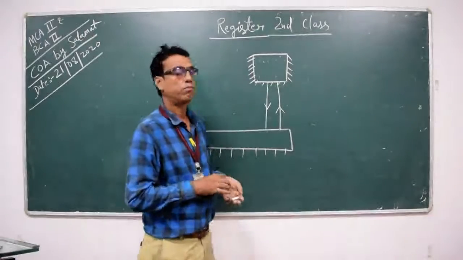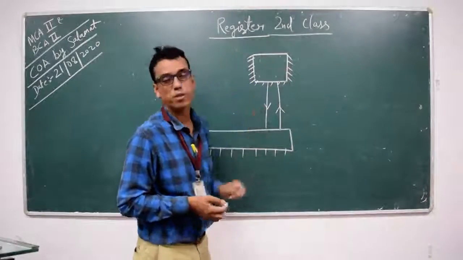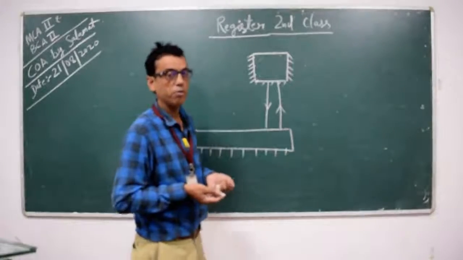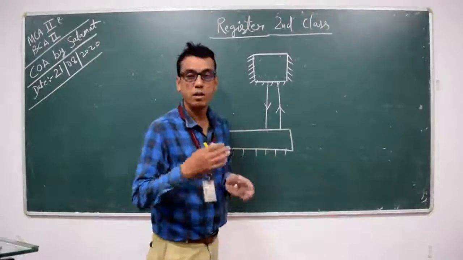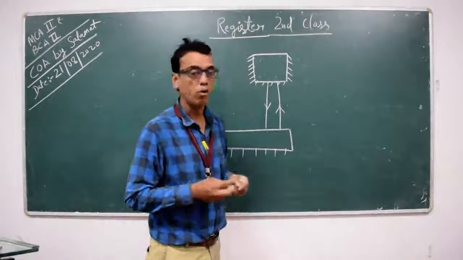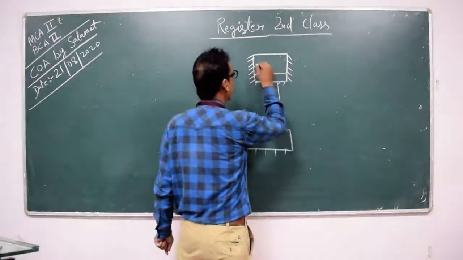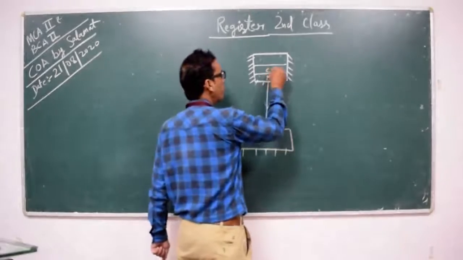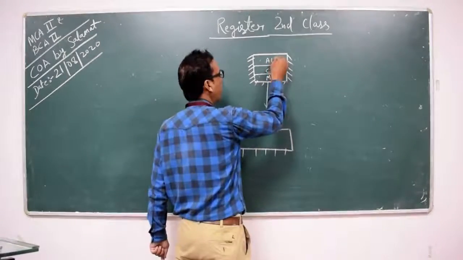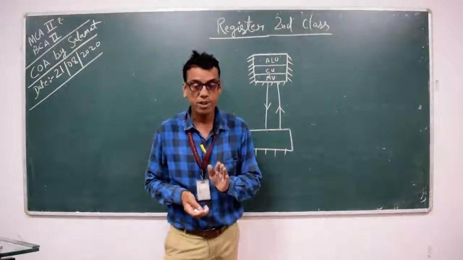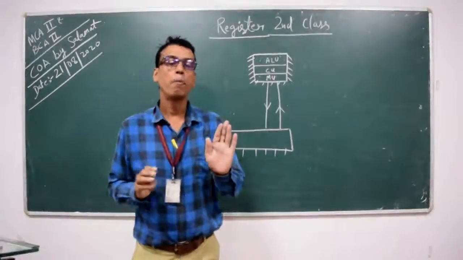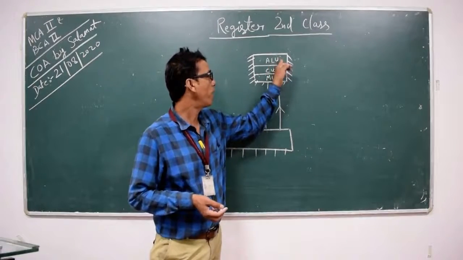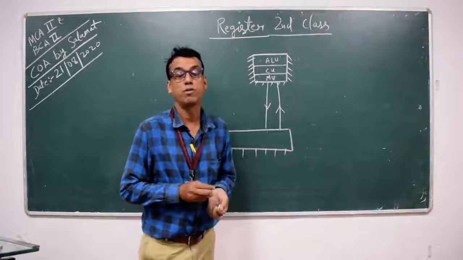Now, this is the microprocessor, and what is the bookish design of a microprocessor? When you refer to the design of a microprocessor in any book, you will find something written like this: MU, CU and ALU. The microprocessor has three sections: MU, CU and ALU. ALU is available at the very last position of the microprocessor.